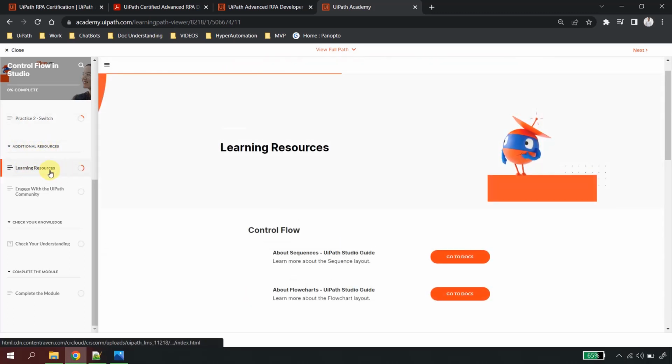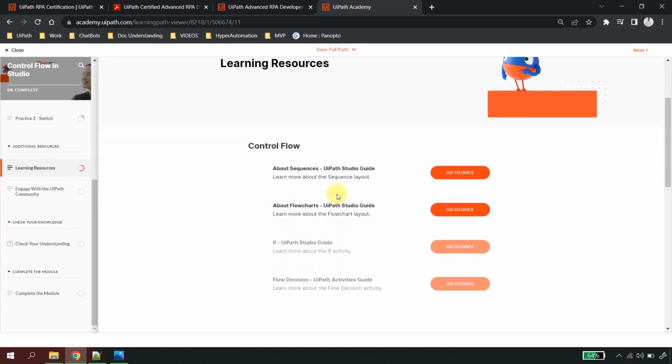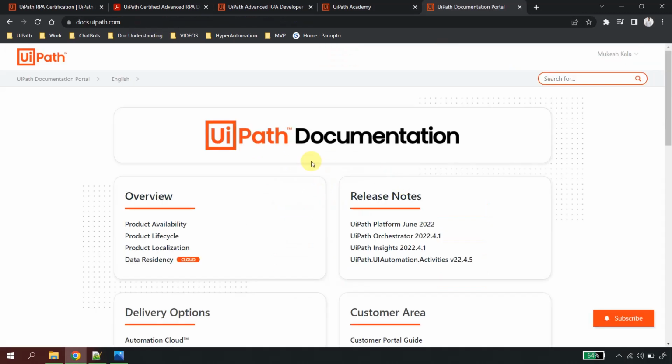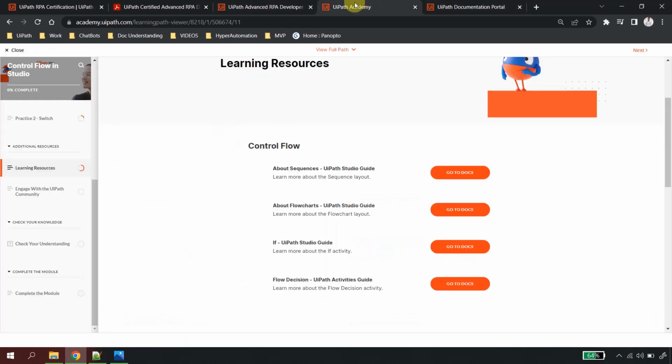For all of the examination topics, there is the UiPath documentation. You can always go to docs.uipath.com and search for any topic or product here,